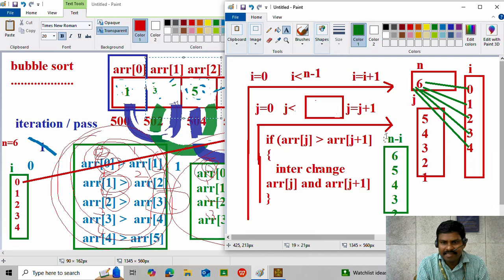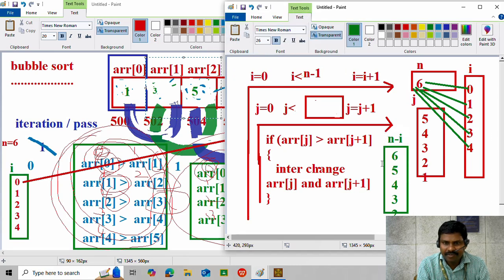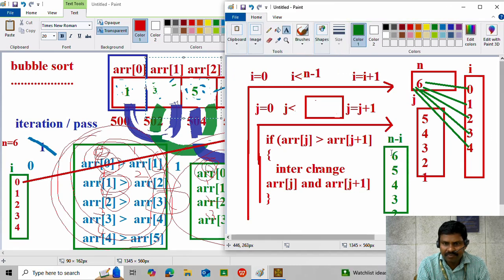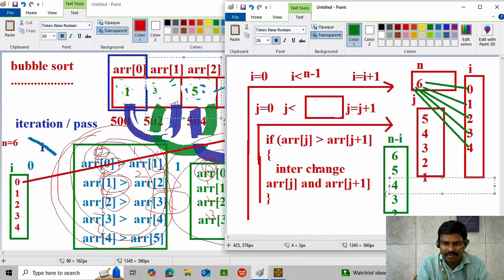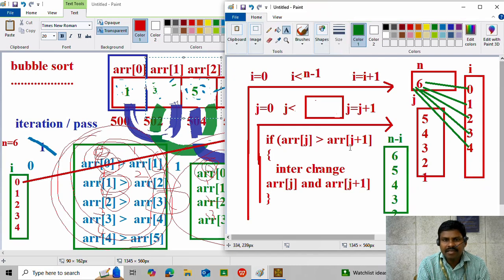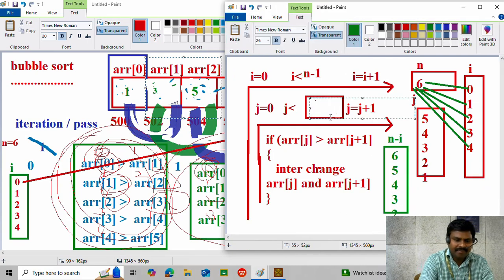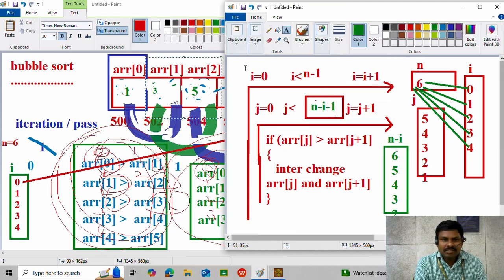This is the n minus i value. But how to get 5, 4, 3, 2, 1? Decrease one value: minus 1, minus 1, minus 1. Here you have to write n minus i minus 1. So starting value i is in first pass i is equal to 0, i less than 5, condition